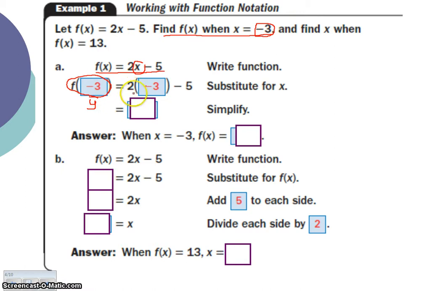Just solve 2 times negative 3 is negative 6, minus 5 is negative 11. Remember, negative 6 minus 5 is adding a negative, so it's negative 11. So the answer, when x is negative 3, the function of x is negative 11. That's what that means. Part B said,